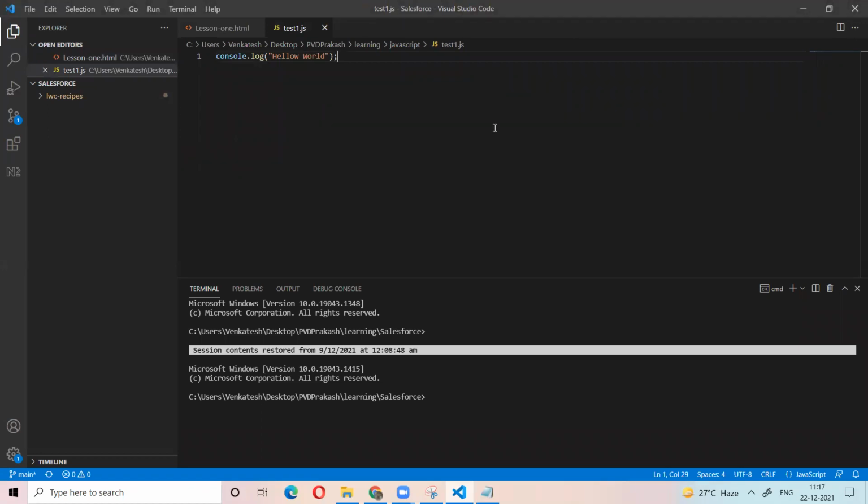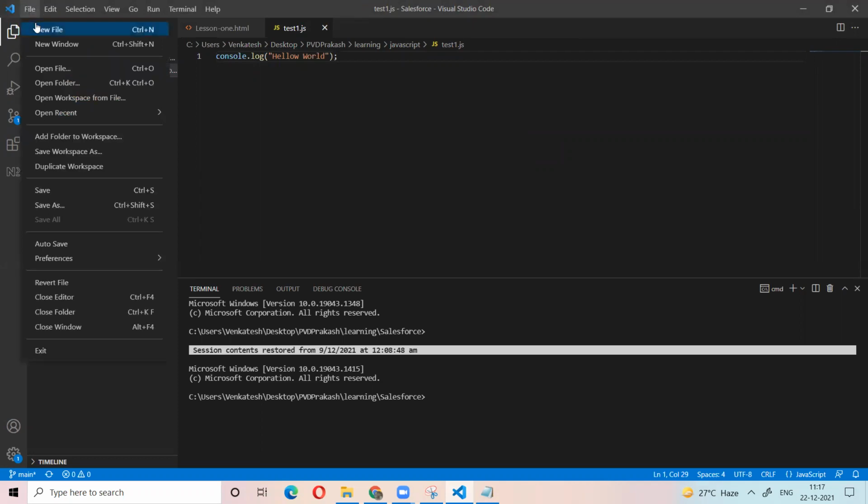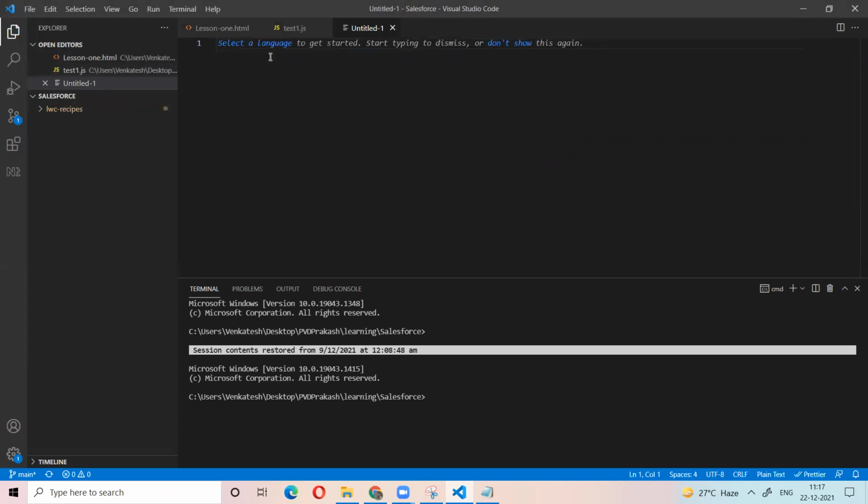Before starting the JavaScript code, I will explain something. Every programming language, either JavaScript, Java, or PHP, has some basics. If you learn those basics, all of them are common for all programming languages. But the writing style is different. There are different styles we can write them in. But the basic concepts I am telling you are common in all languages.